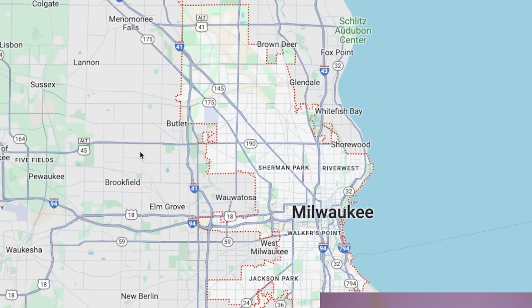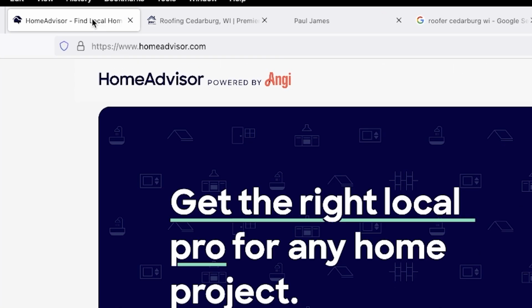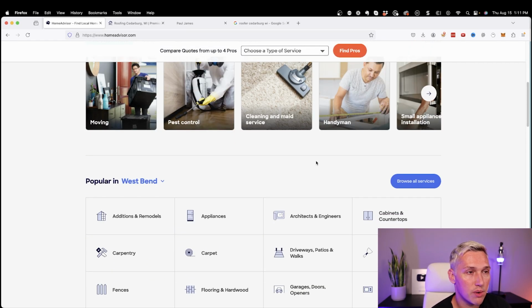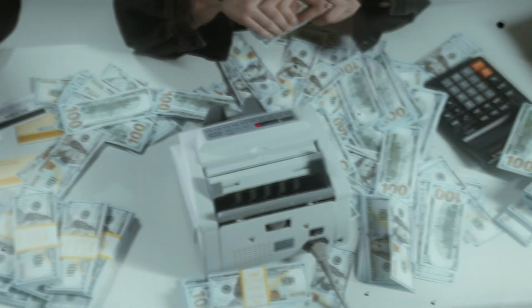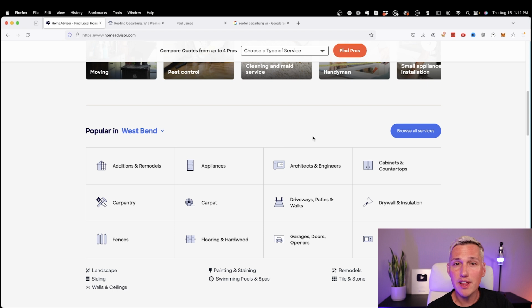You wanna go out into the smaller suburbs like Brookfield or New Berlin or Oak Creek, right? And then what you would wanna do is go to a website like HomeAdvisor, and look at what are some successful lead generation niches. Now, HomeAdvisor does like $500 million a year annually in business, which means that they really have figured out which niches work. And if you can capture just a small market share of what they have, you're going